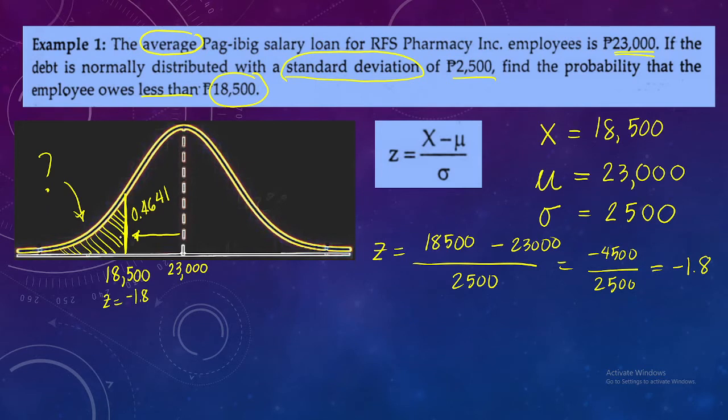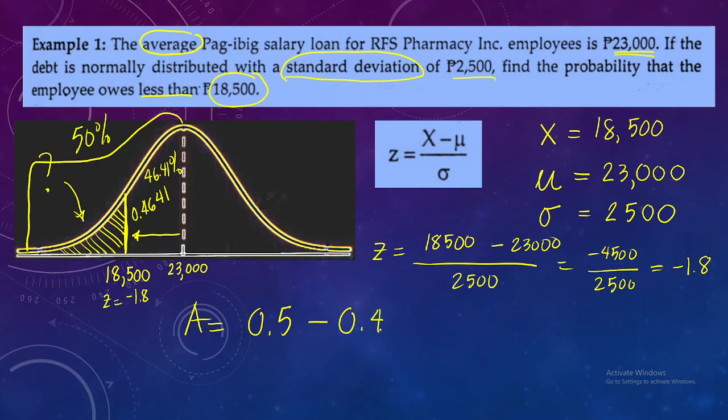So how do I solve this area? So take note, half of our normal curve is 50%. This is 50%. This is 46.41%. So what are you going to do with 50% and 46.41%? You will subtract them. So the area we are looking for is simply 0.5 minus 0.4641, which is equal to